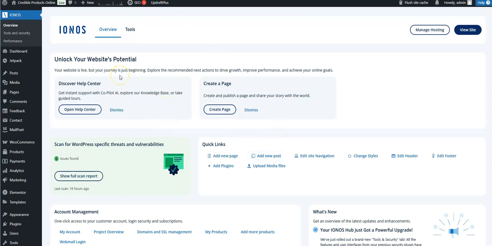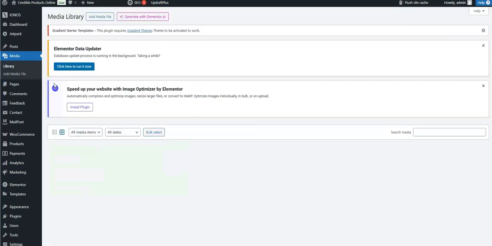I'm with Ionos, and if you're hosting your own on your own server or you're with a different provider, your dashboard will look similar to this but not exact. So on the left hand side you have all the options available, and the one you want is media. You can go across here and add media file, or you can go across here and go to library. Let's go into library, and this will show you all the images you've previously uploaded or used on the website,